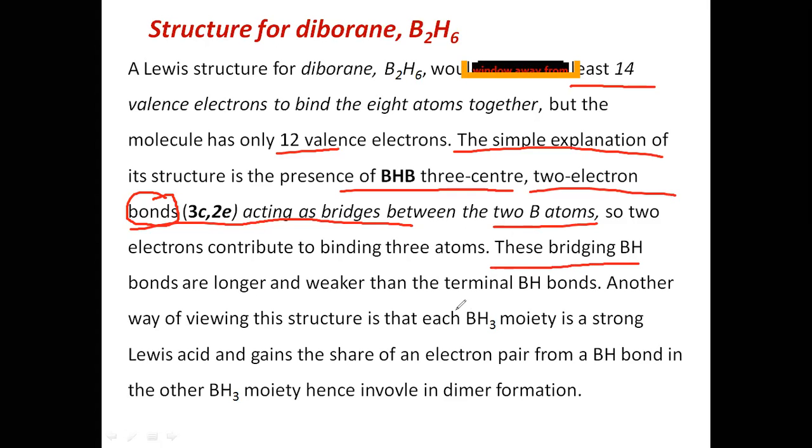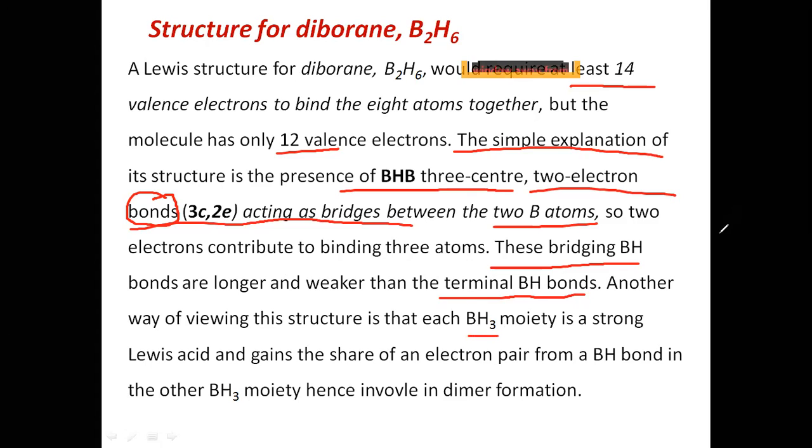While there are some other bonds that are called BH terminal bonds. So there are two types of bond in diborane: terminal bonds and bridge bonds. BH terminal bond, BH bridging bonds or bridge bonds. Okay, so you can think about one BH3 molecule which acts as a Lewis acid because it is electron deficient, and